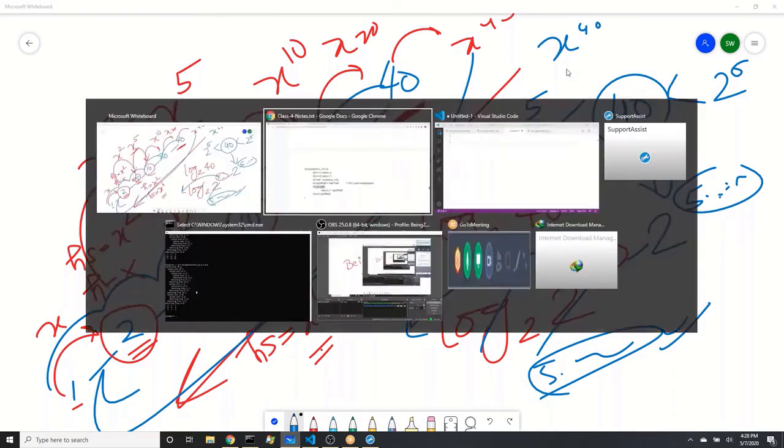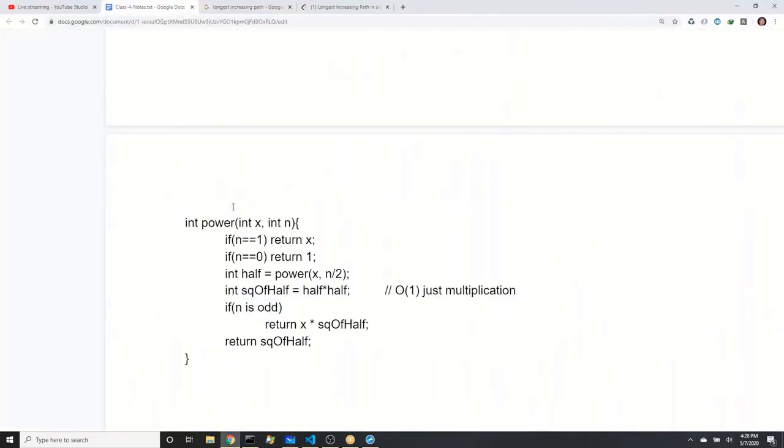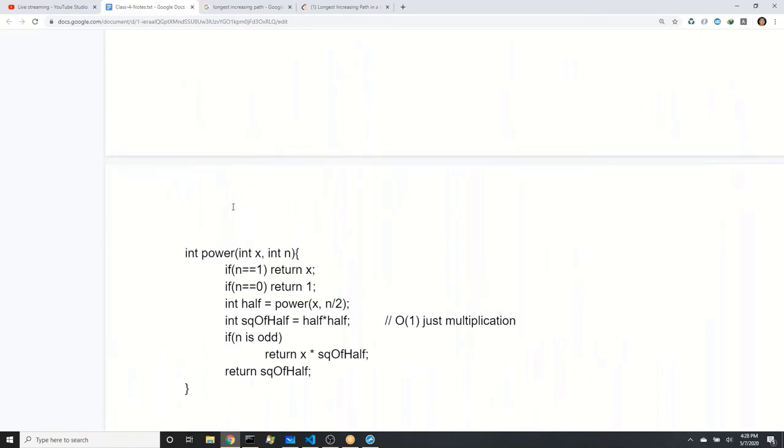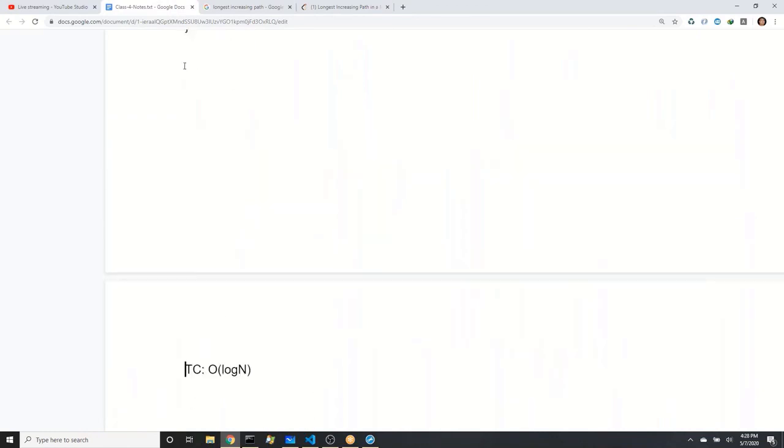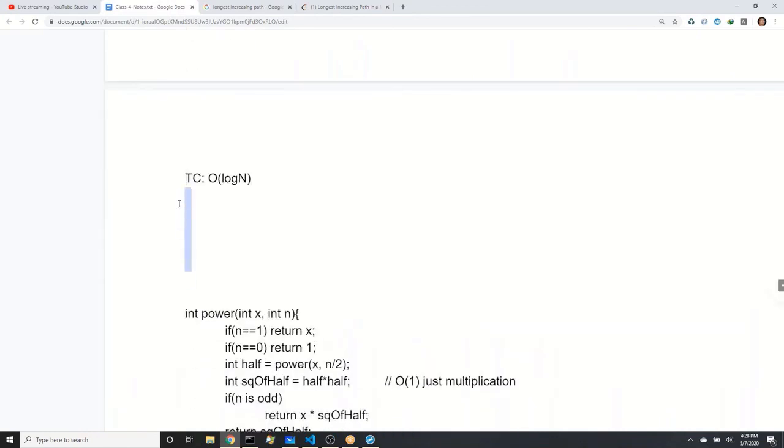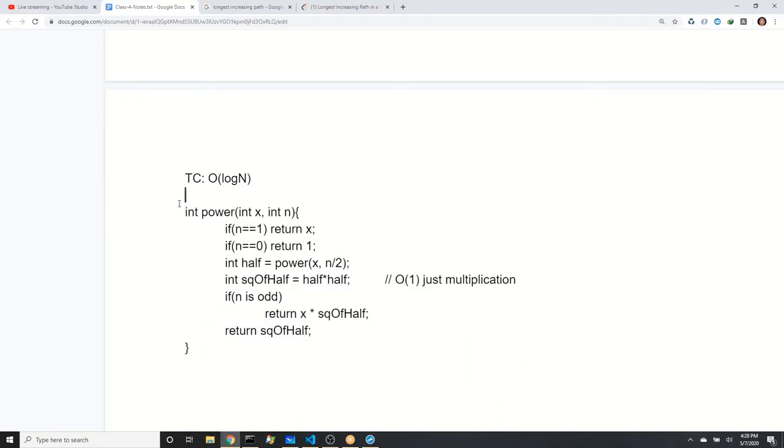So the time complexity of this technique is actually log n, and this is considered to be a faster, divide and conquer solution, called the exponentiation problem. You will find this problem on every competitive programming site, be it Spoj, CodeChef, Codeforces. It is heavily used in competitive programming. Okay, so this we have done.